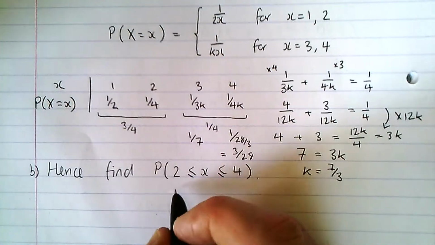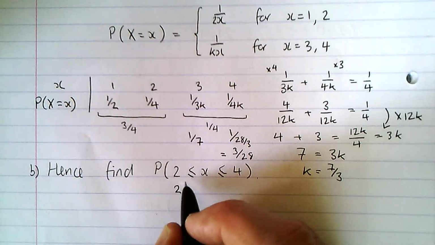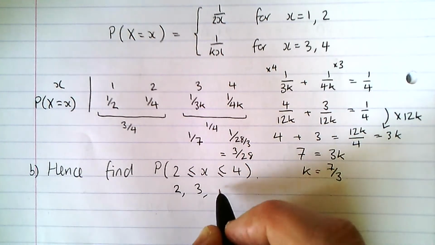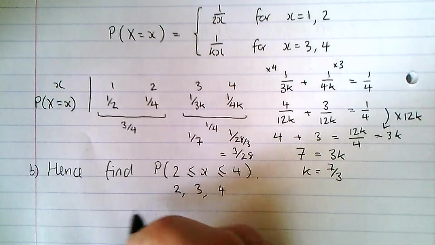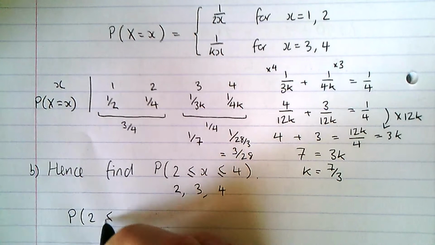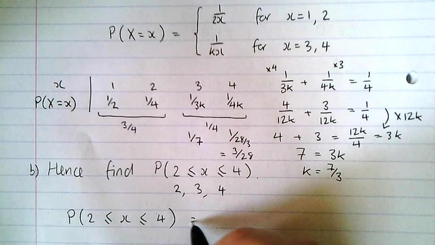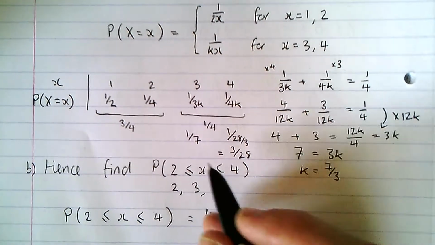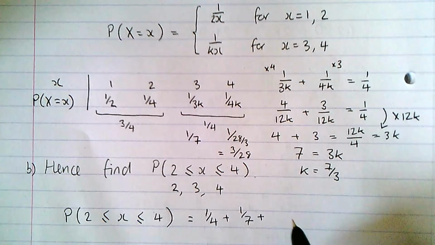So if we think about what we want to find here, the probability for 2 is what we will want because it's greater than or equal to 2. 3 we're going to want, and 4 we're going to want because it's less than or equal to, so 4 is included. So for here, the probability x is bigger than or equal to 2, and smaller than or equal to 4 is going to be, probability for 2 is a quarter, add the probability for 3 is 1/7, add the probability for 4 is